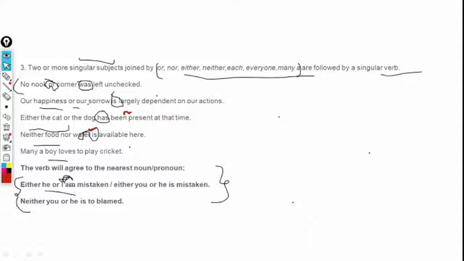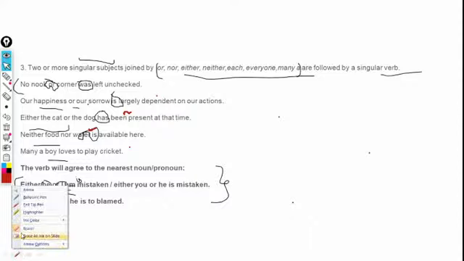See, people don't write am, people write is. Either he or I is mistaken, because they connect he with is. But he won't decide the verb. He is the first pronoun. It will not decide the verb. Only the second one will decide the verb, which is I, and that is why am. That is why we are choosing am over here.